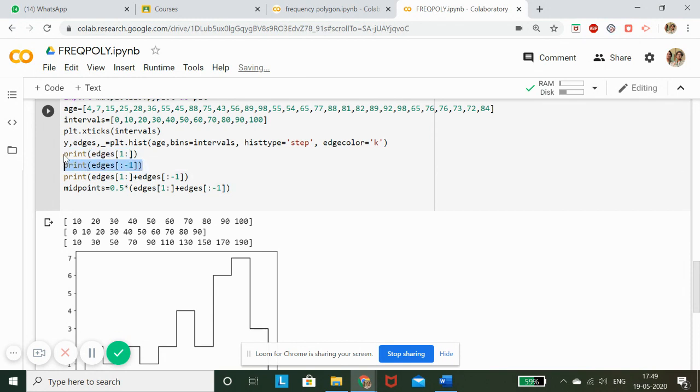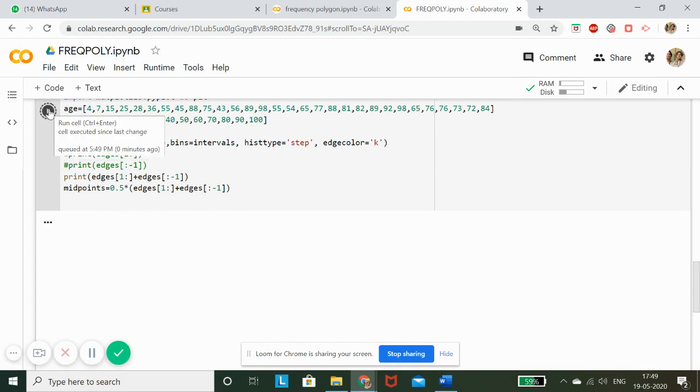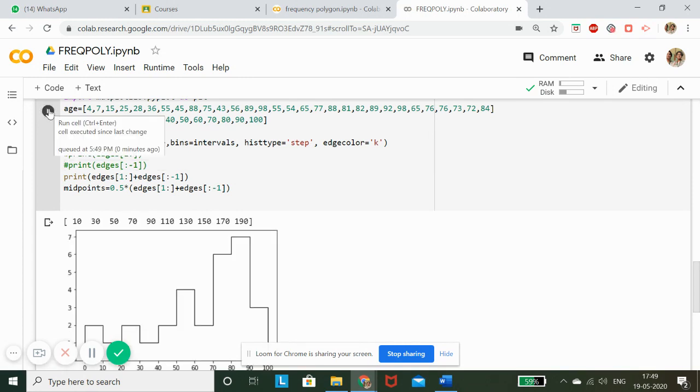So if I make a comment of these two values, first and second, which is simply displaying me the separate values, it will make my information more clear. Now I'm getting 10, 20, 30, 50, 70, and so on. So what is this giving me? This is giving me these values, and if I divide it by half, it will give me the midpoint. Midpoint 5, 15, 25, 35, 45, and so on. And that is what I wanted. So I have achieved the values which I am looking for. Now I have got the midpoints also.